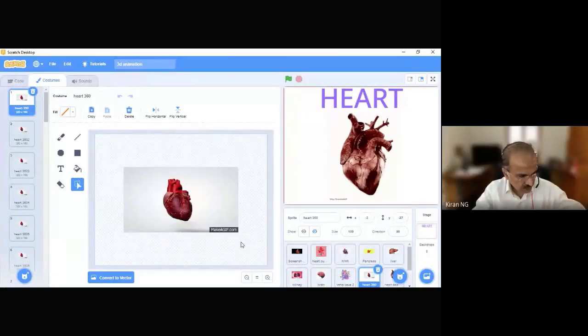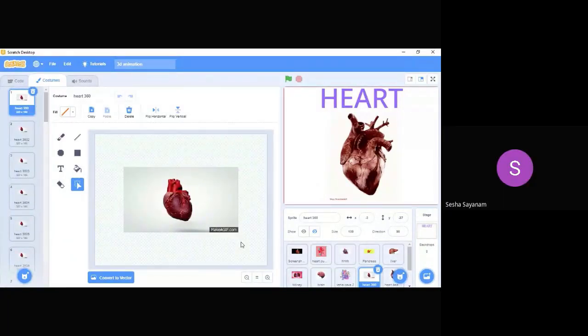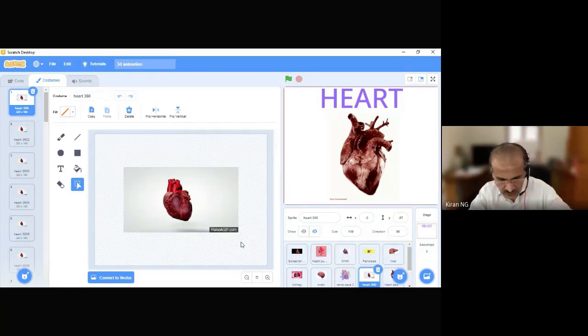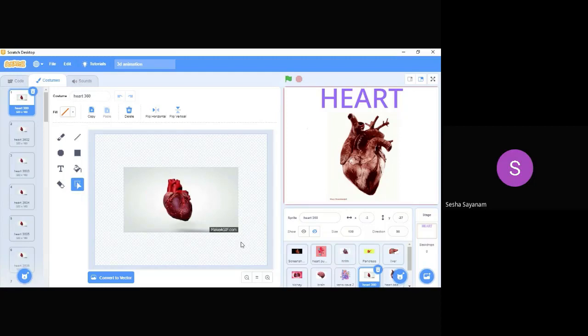Kiran, can we create a sketch file to run as a self-running file, in the sense without using the editor, and then just save these things? Why do you want that? Tell me in which context that will be useful. Let's say if you can create them as offline files, when you are doing a lesson for the teachers, you put just a link there and click on it, it will open and run as a lesson.